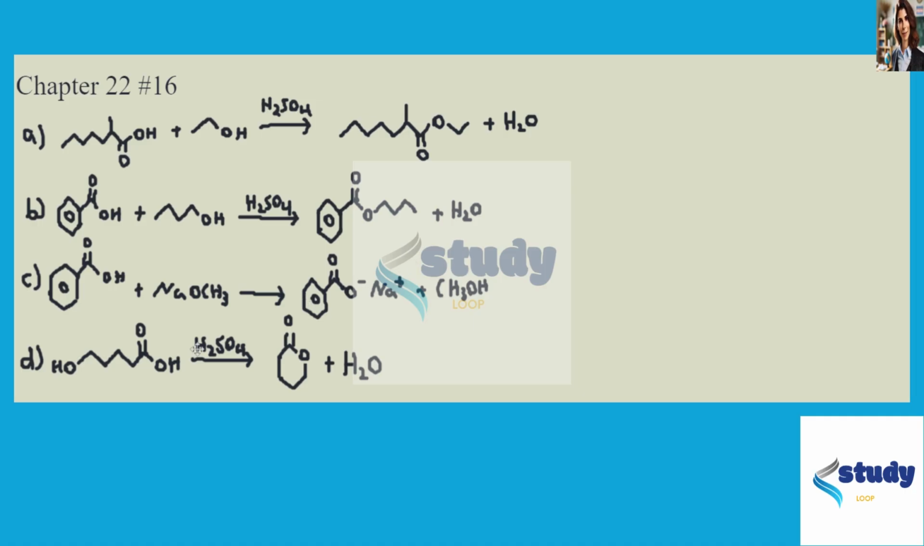So then for D, D is just like A and B, but the alcohol happens to be attached to the carboxylic acid. And so the result is we get this cyclic ester and water again. And so there's nothing different about D. It's just the same as A and B. The only change is that the alcohol is attached to the carboxylic acid, and so we get this cyclic ester instead of this lactone. And so that is the answer to Chapter 22, problem